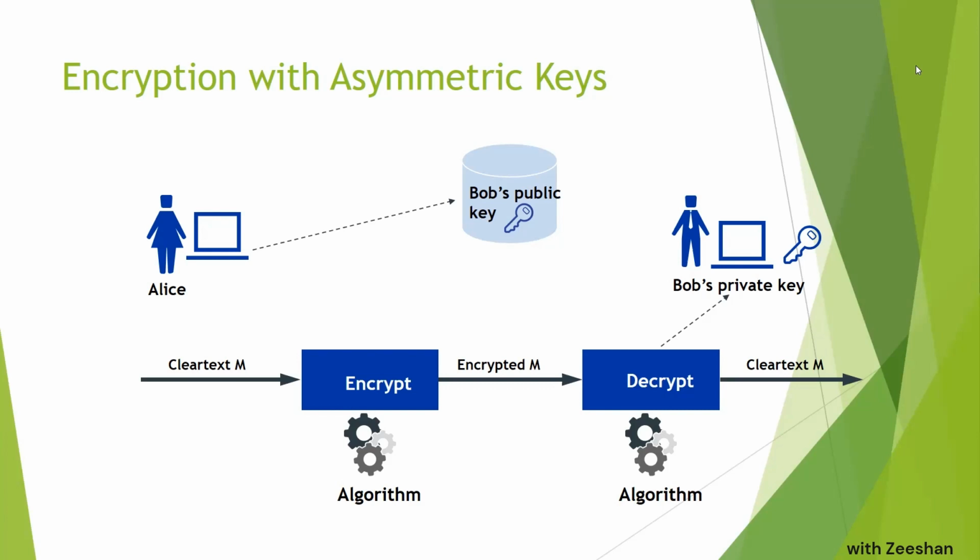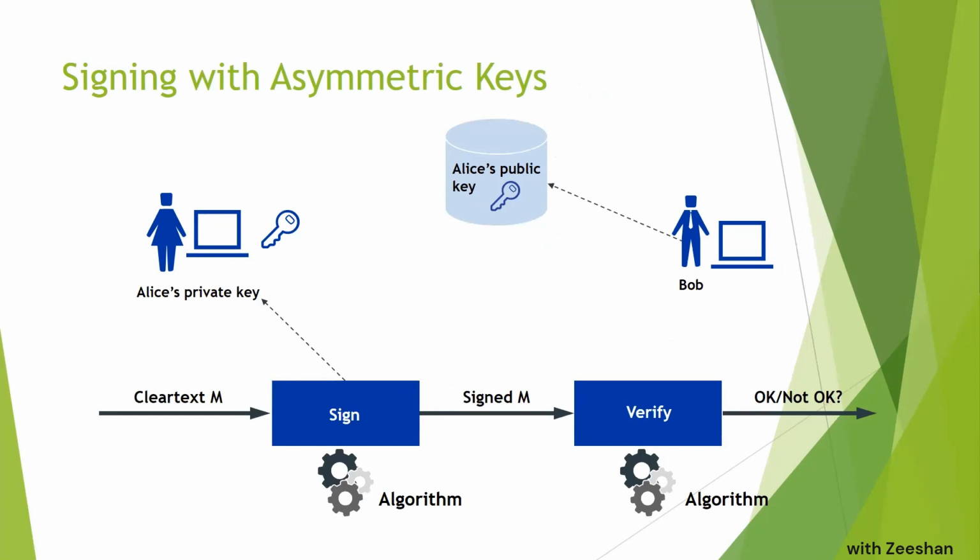Do we agree? Yes. So Alice has the keys of everybody in the world. So whenever she wants to communicate with anybody in the world, let's assume she has the public key of everyone. So if she wants to talk to Bob, Alice will have Bob's public key. If Bob wants to talk to Alice, Bob will have the public key of Alice. So whatever she's sending, Bob can decrypt it. Whatever Bob is sending, Alice can decrypt it. So this makes it so perfect that the communication is done and the key sharing mechanism is not a big problem. And I have the public key of everybody in the world in my laptop. Let's assume that and let's move forward.